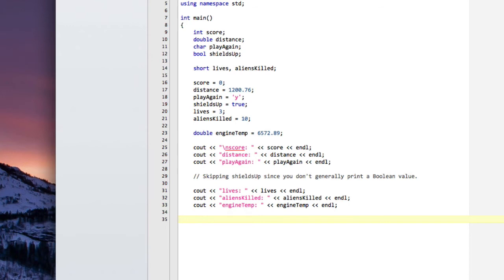Okay, so you notice that so far we declared all of our variables at the top of our main function. We don't have to declare our variables there. We can declare them right before we use them. So let's go ahead and declare an integer called fuel. And now we're going to get some input from the user. We're going to ask them how much fuel,